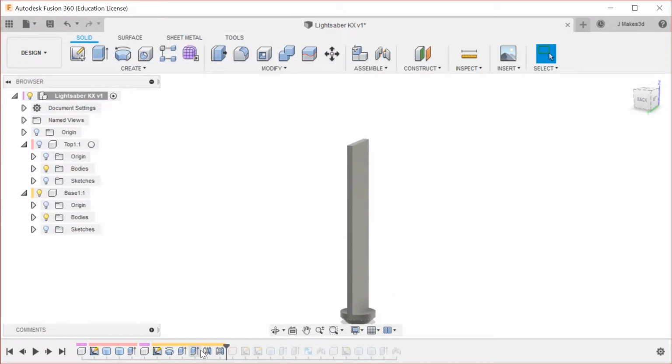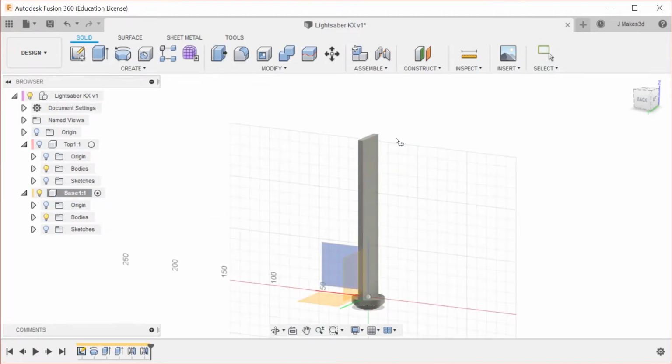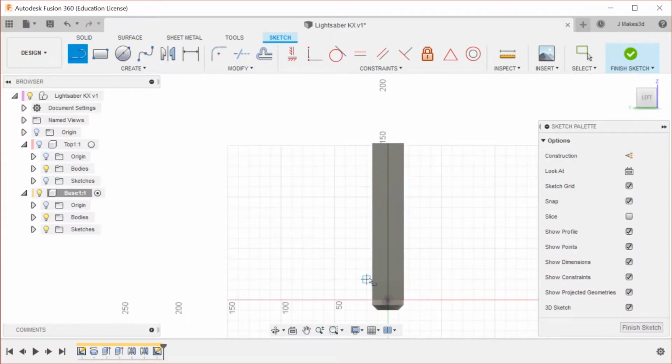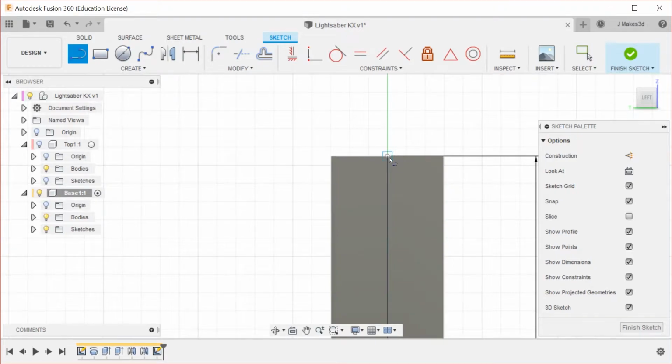Alright, so back in this design, you can see we just dragged our little marker back through the timeline, and then I'm going to activate this so that Fusion knows I'm working in this file. I'm going to go onto here, and I'm going to go up 152.5, and then I'm going to go over by 15. Now I'm going to select both of these lines, and I'm going to hit X, which is the shortcut for